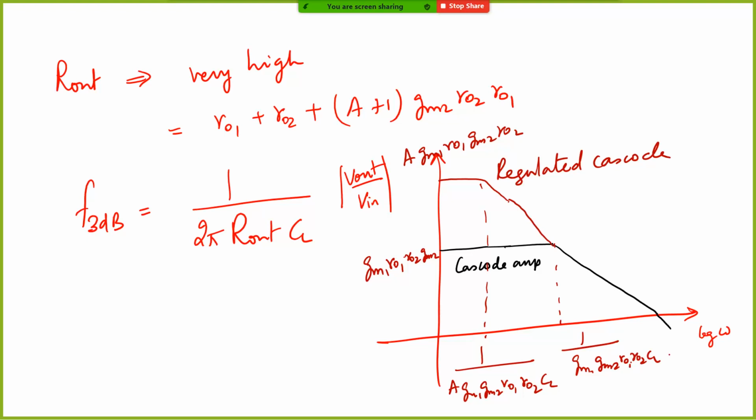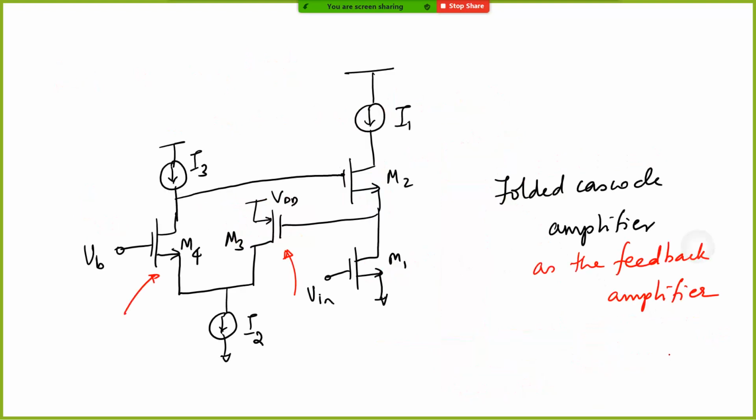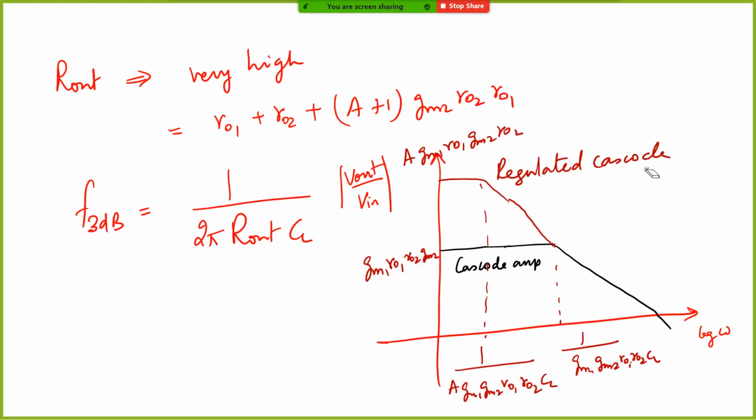And this is how your regulated cascode basically looks like. Because you have put another stage here, this node voltage will also have some parasitic capacitance, and you basically have two paths, and therefore you'll have one more pole as well. The textbook has gone through the full derivation, which of course we'll not do today, and you'll know that there is another pole.